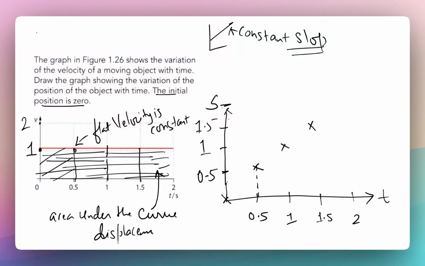So roughly around here. So we'll just make our axis bigger, right? So this is 2. So this is 3 here. And as expected, we have a graph with a constant slope. Now we can simply connect them, and we are going to get a graph,